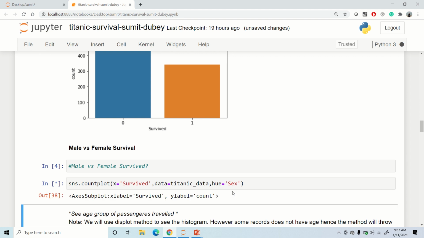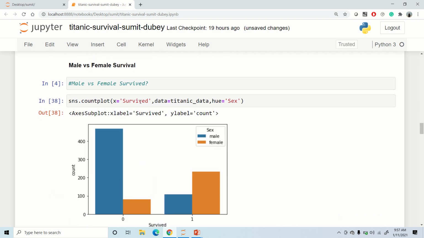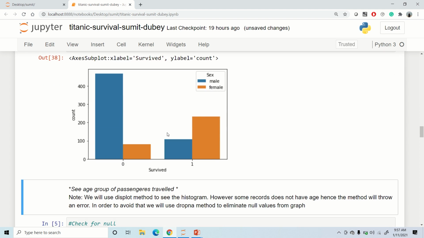That would give me a further breakup of the male passengers survived versus female passengers survived. You can see that the orange bar here represents the female passengers and the blue bar represents the male passengers. So we can see that female passengers survived more, and that's the conclusion we are making with this count plot.